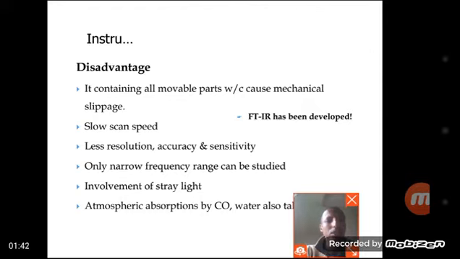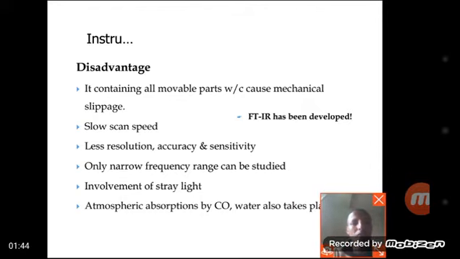They have less resolution, accuracy and sensitivity because of the involvement of stray light, and this stray light may reach the detector without passing through the sample. This affects the intensity of observed light. Stray light means light that reaches the detector which cannot pass through the sample, and it affects the intensity of absorption of light, because it increases the transmittance of light and leads to error in